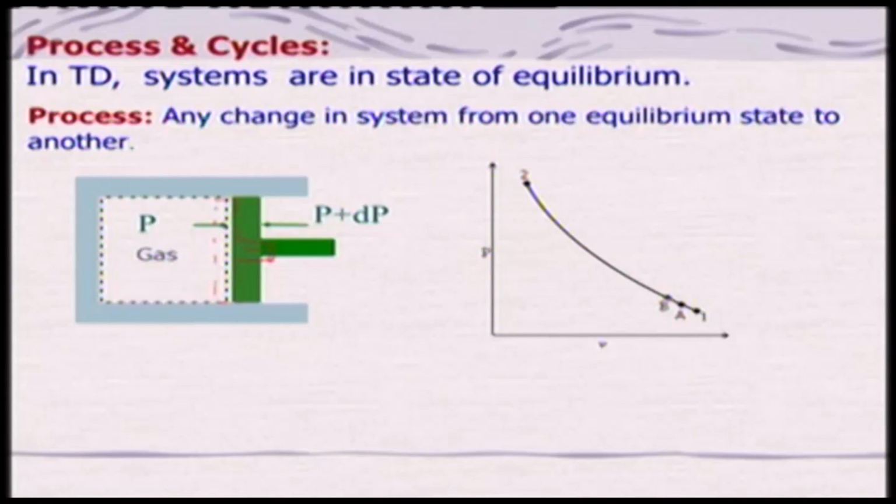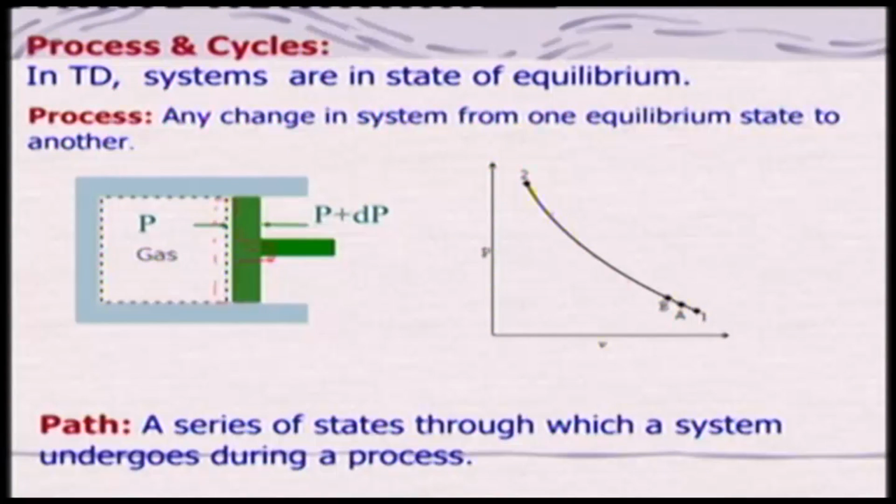And you will attain another state B, and you go on attaining these various states as you change this pressure on the other side of the piston. So, the point will be moving like that, and you attain a state 2. If I join each position of the system as it goes, we call it a path, or a process path. That means a series of states through which a system undergoes